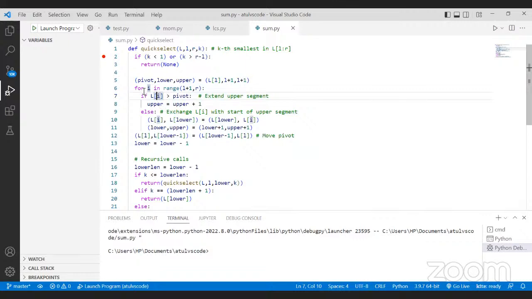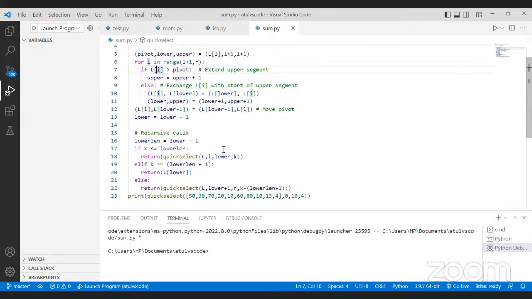So we will perform this pivot partition process, and this partition process will return the index of our pivot element here. Okay, so this lower line, these things, and we will check after returning this, after finding out the actual position of the pivot element. We will check that if k is less than equal to lower line, this is the index of